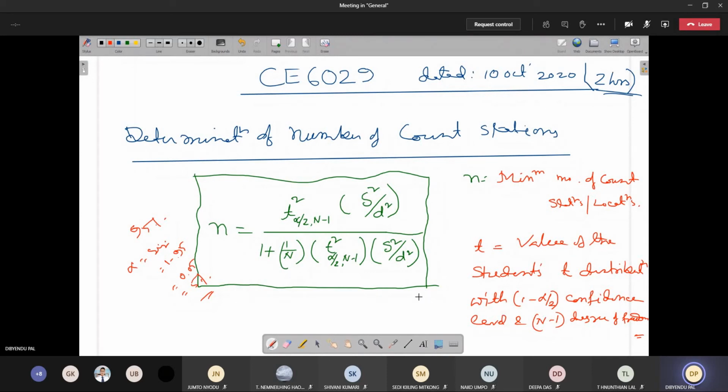So now if you take that your significance level is 5%, so we want to do the 5% significance level, then you have to find out the confidence level is how much? 1 minus 0.05 by 2. That means how much? 0.975, or we can say it will be 97.5%. So this is how we can calculate it.